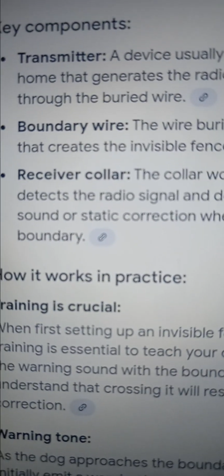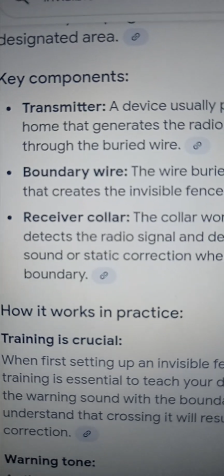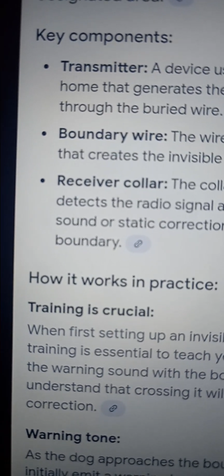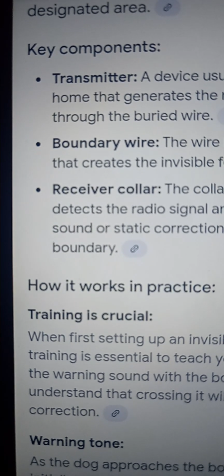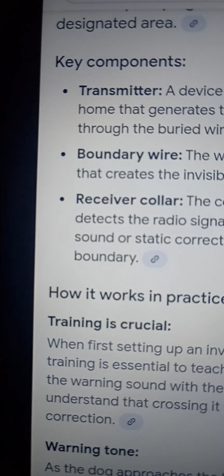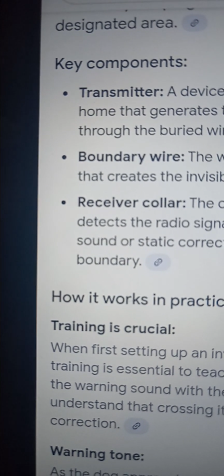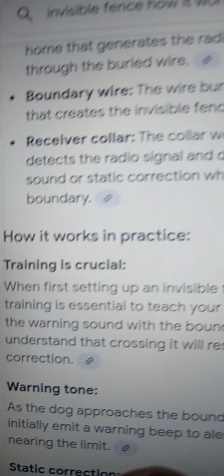If you take those coordinates that are set up by that transmitter, boundary wire, and receiver, that's sort of like when you start frequency hopping with that, you need an agreement in between the transmitter and the receiver, correct? They have to agree for a secret communication. Can you imagine just sitting there talking to a subject all day wearing a collar and no one else can hear you? But anyways,